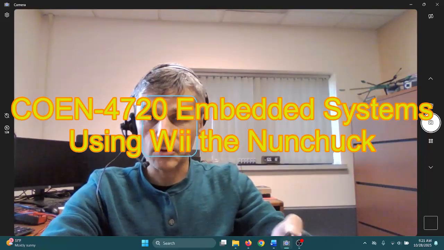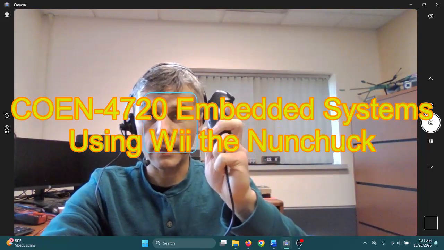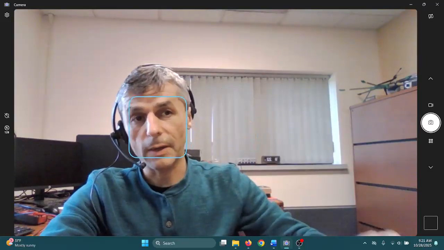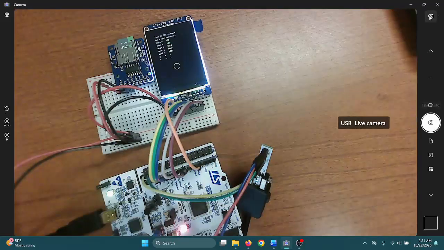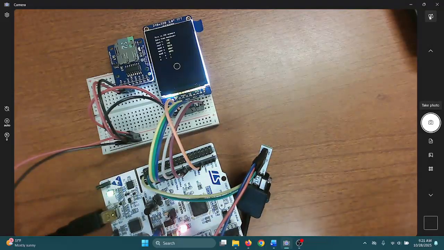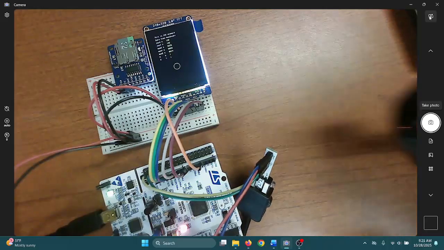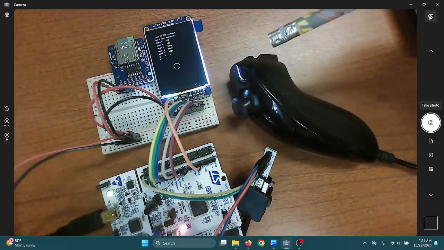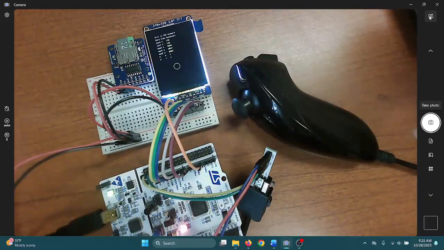Hey everyone, welcome back. In this short video we're gonna look at how to work with a Wii Nunchuck controller from within an embedded system program, which in my case runs on a Nucleo L053R8 board. However, the source code that polls the Nunchuck controller for the purpose of reading all the buttons and joystick and the accelerometer data can be used separately as standalone code with any other project, Arduino or